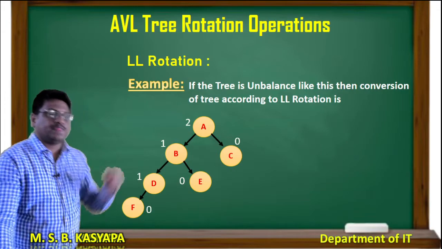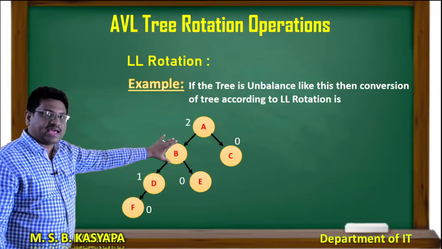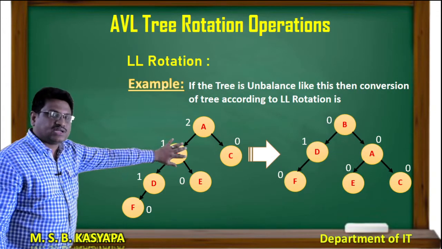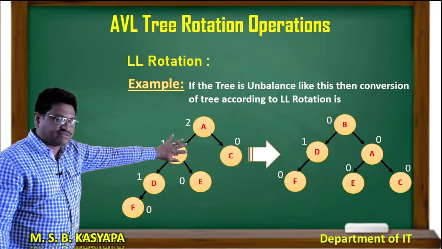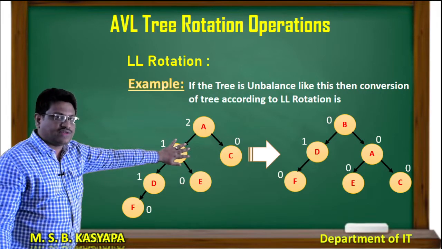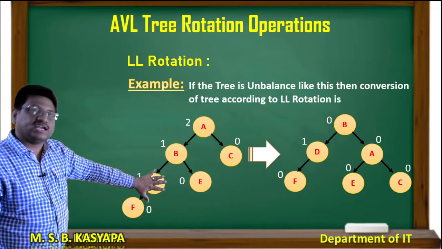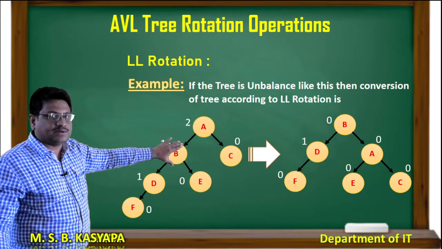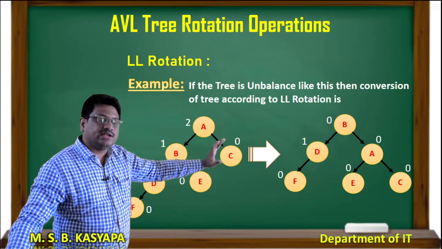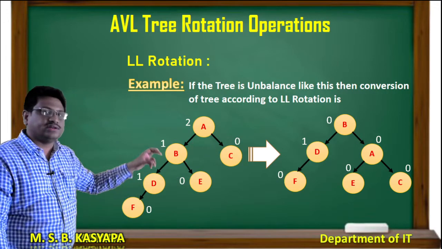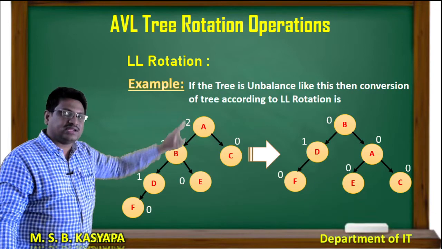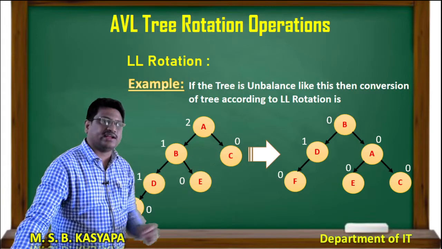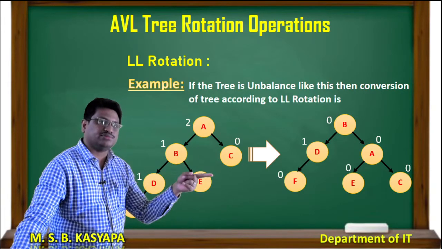So, first what do I have to do? First, I take B as the root node, in this tree and this tree. See, first I make B the root node, the first left child as the root node. For this root node, if it has any left childs, I have to put them as left childs only. So, D and F are left subchilds of B, and here also I am making D and F left subchilds of B. After that, the old root node A becomes a right child in the new subtree. So, B has one right subchild, that is A.